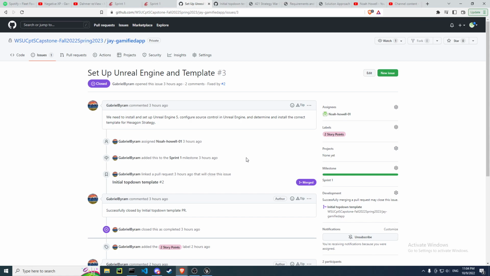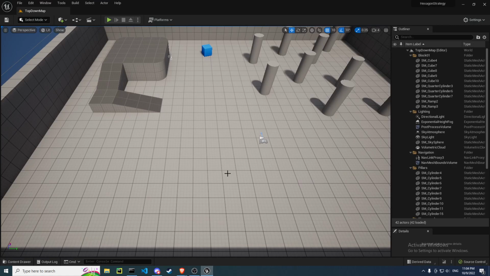This was how we began our code. We started with nothing and little experience with the Unreal Engine, and then we learned how to set up Unreal Engine, how to connect it to source control, which is GitHub, and furthermore, how to get a basic template running with the Unreal assets. So, from the user point of view, we began with none of this. There was nothing that we had in Unreal, and this was the initial first step that we've done here in